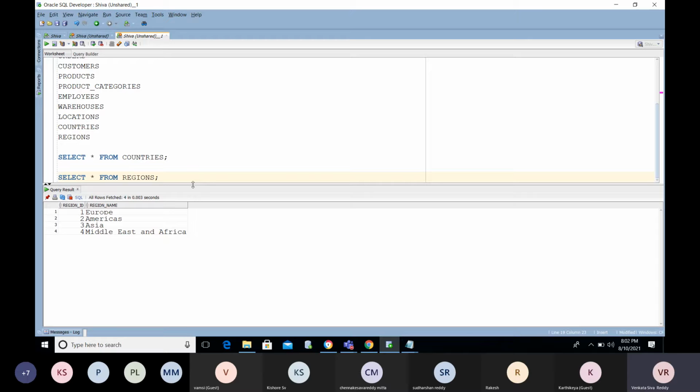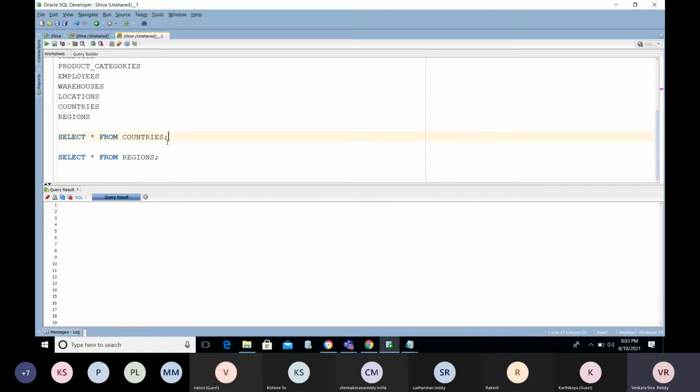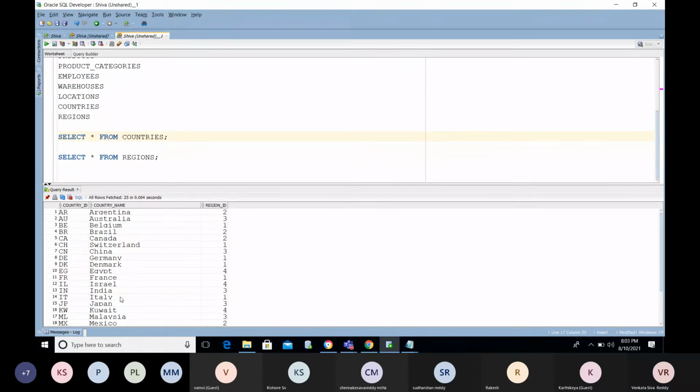Region ID. Suppose I need the countries related to the Middle East. I want to find out which countries are related to the Middle East. I need to retrieve the data like what are the Middle East countries. Got it? Any doubt?